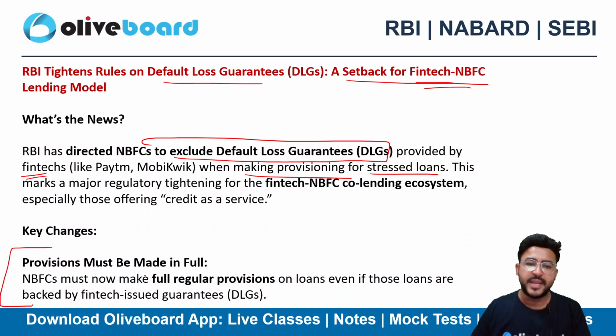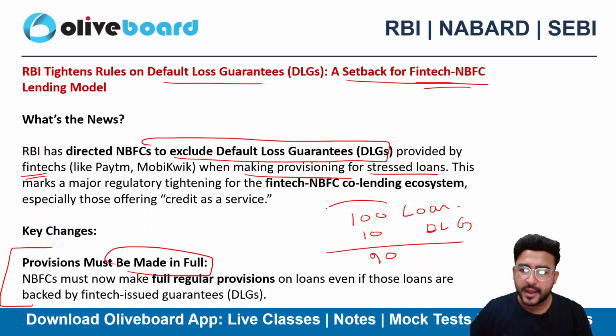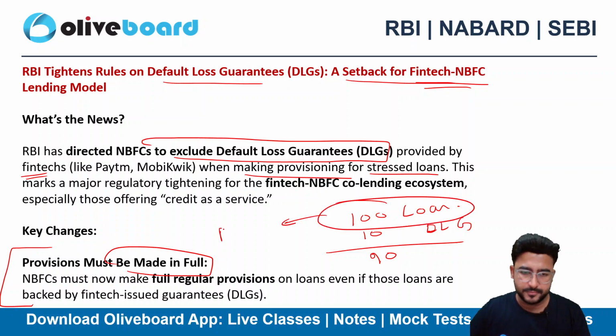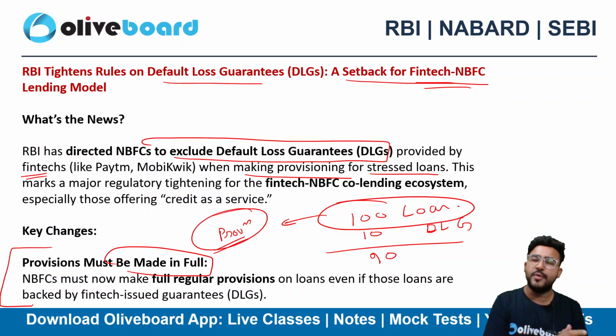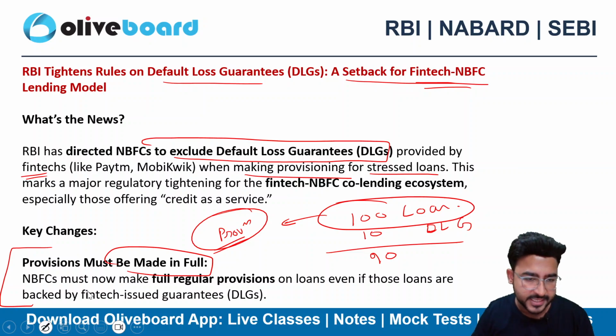Provision needs to be made in full irrespective of the guarantee. Let's suppose the loan amount is 100 rupees, and the DLG amount here is, for example, 10 rupees. Whatever the percentage of provision is as per the prudential norms, you need to make the provision on this 100 rupees and not on this 90 rupees. That means you will be ignoring the DLG as of now. Okay,